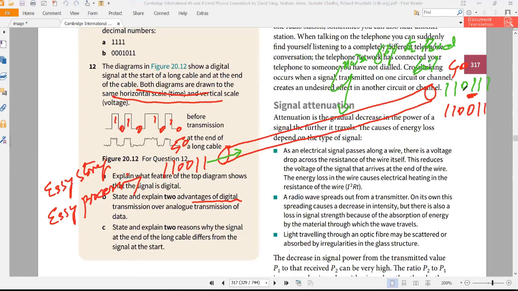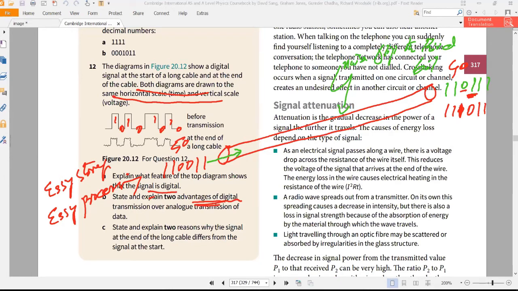In binary, if there is an error in the third bit or in the fourth bit, I will only flip that bit. I will only make this to 1 and make this to 0. So in this way, my error will get removed. So we can easily filter out the noise in a digital signal, and that is also an advantage of digital transmission.